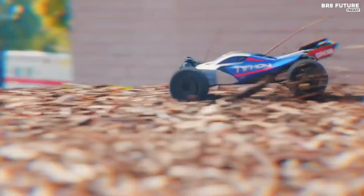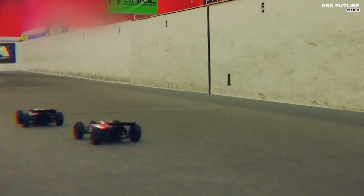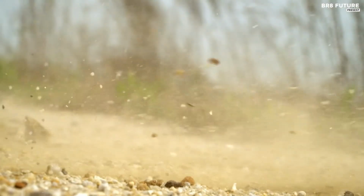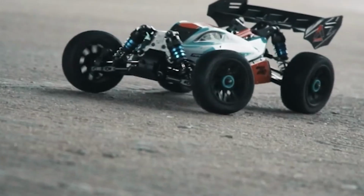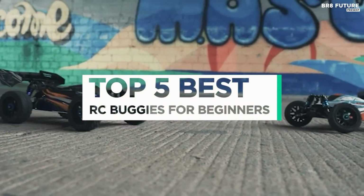Explore the best RC buggies for beginners with models designed to enhance your entry into the world of remote-controlled vehicles. These RC buggies offer exceptional ease of use, durability, and performance, making them ideal for newcomers. And that's where our guide to the top 5 best RC buggies for beginners you can buy this year